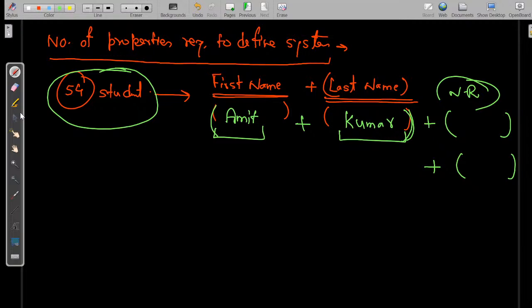Okay, जब मैं बात कर रहा हूं कि क्या है number of properties required to define the system, then the minimum number of properties which can easily define the system, minimum number of things: first name, last name, college name, roll number. अगर मैं ये चारों चीजें किसी भी स्टूडेंट के लिए डिफाइन कर दी, आई कैन डायरेक्टली से कि इस स्टूडेंट के बारे में बात कर रहा हूं मैं, या कोई और भी इजिली पॉइंट आउट कर सकता है कि इस स्टूडेंट के बारे में बात चल रही है. ओके, so that is the meaning of defining or the number of properties required to define the system. Okay, and that properties comes for single component